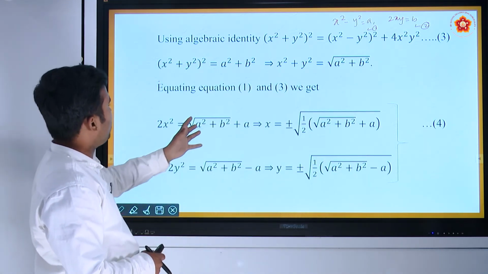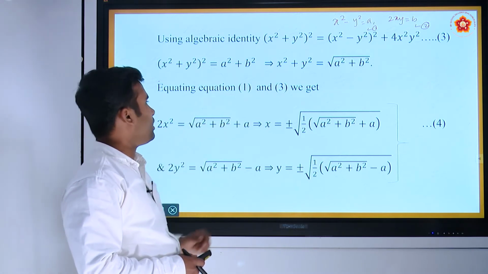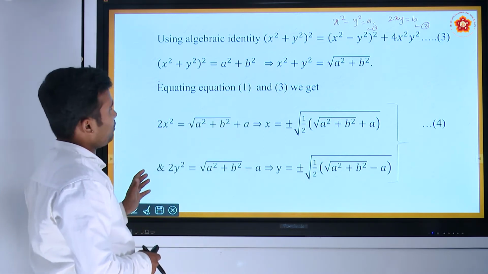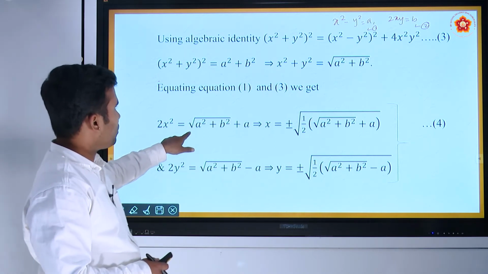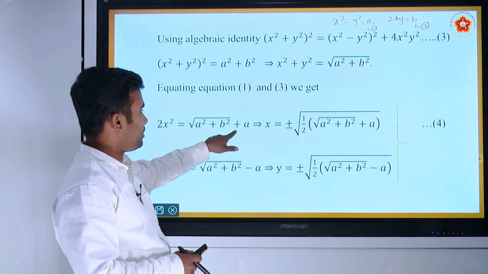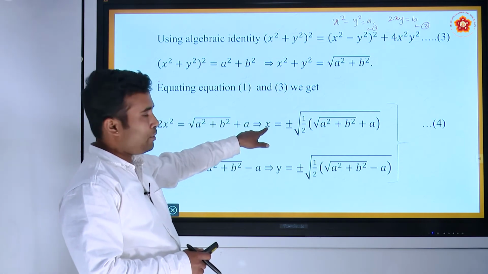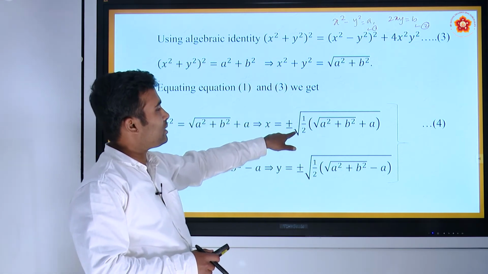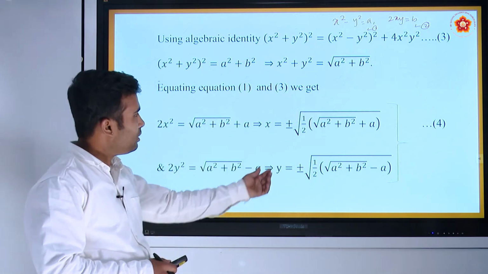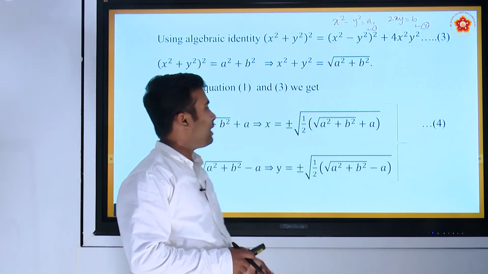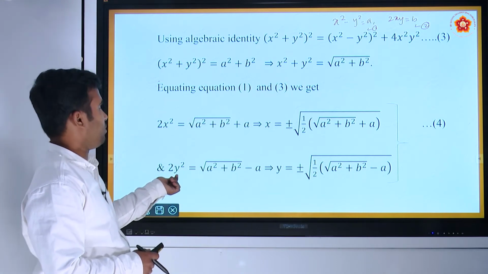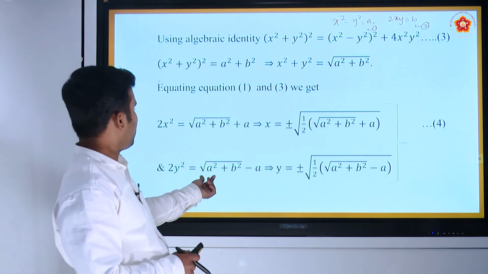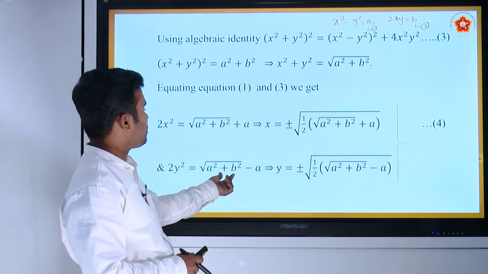And from equations 1 and 3, we are able to write that 2x square is equal to square root of a square plus b square, plus a, which implies that x is equal to plus or minus square root of 1 by 2 into square root of a square plus b square plus a. And similarly, 2y square can be written as square root of a square plus b square minus a,